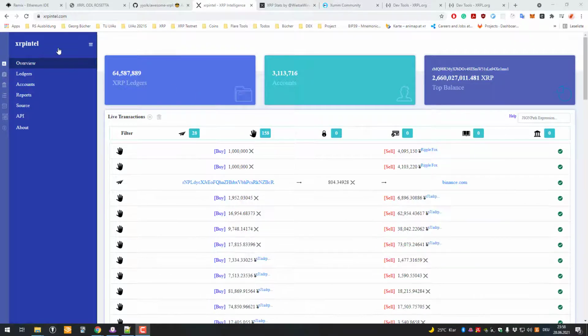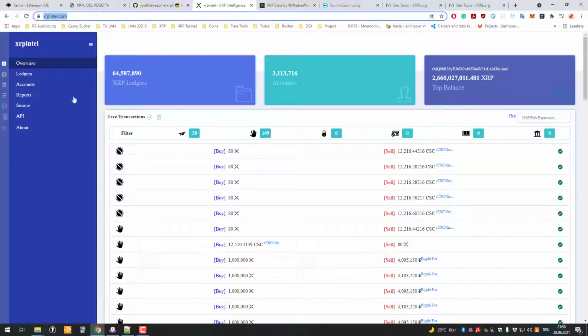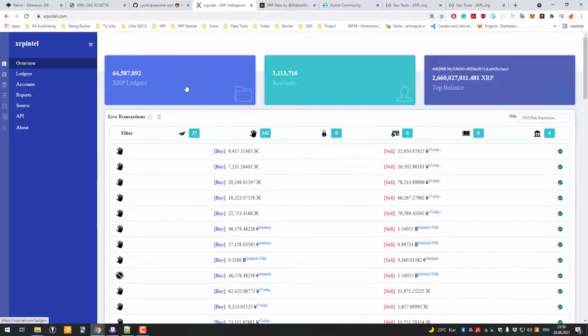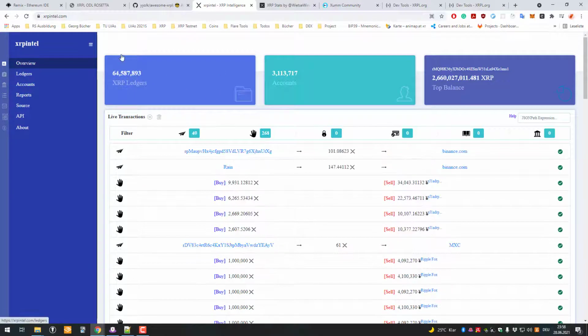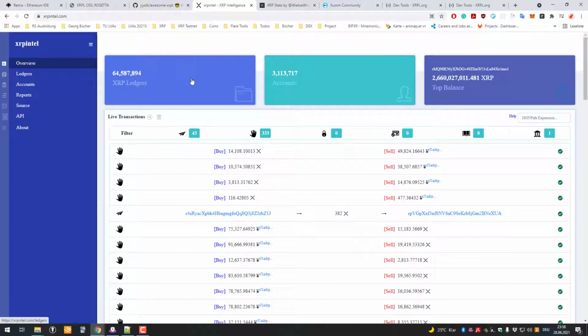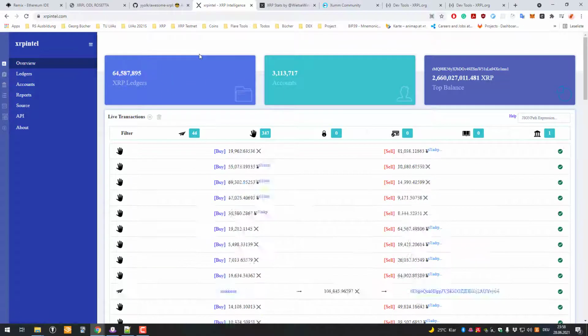So in this video I'm going to show you another website called XRP Intel. On that website you can gain and gather some more on-chain data. For example, here you can see the last closed ledger. It's been 64,587,894 closed ledgers. So every 3.8 seconds or so, a ledger, a block, more or less, is